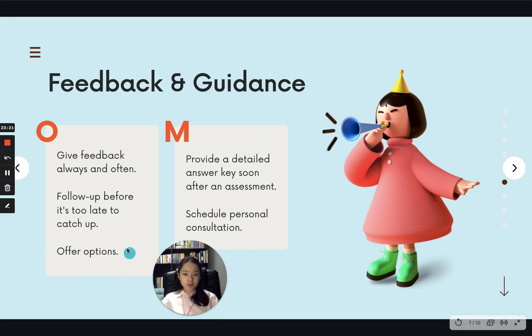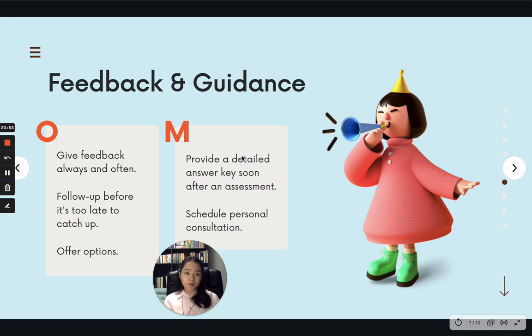Also give options not only in how to be contacted but in how to submit, right? One of the biggest challenges in online learning is teaching students how to submit. They have a hard time figuring out that whole process. So if it's not that much of a hassle for you, teacher, give them different ways to submit in a way that will make it easier for them. All right, for modular,